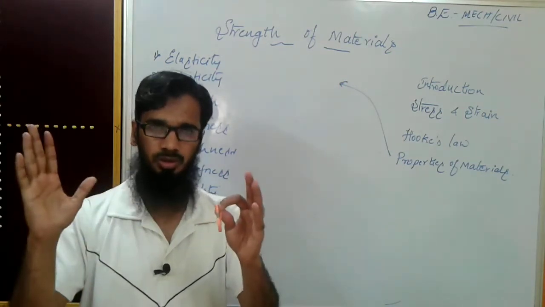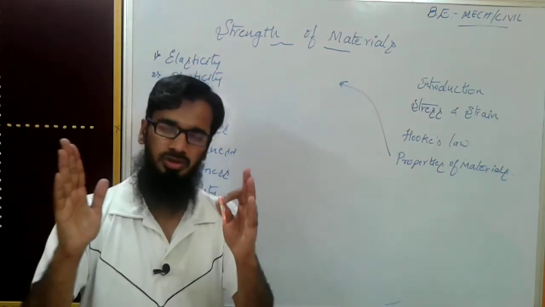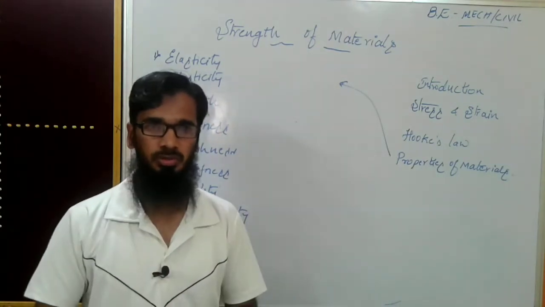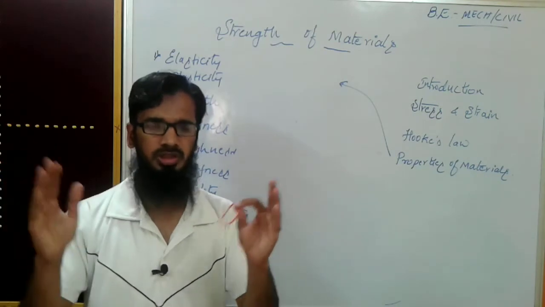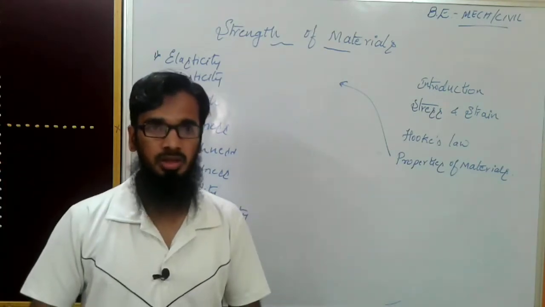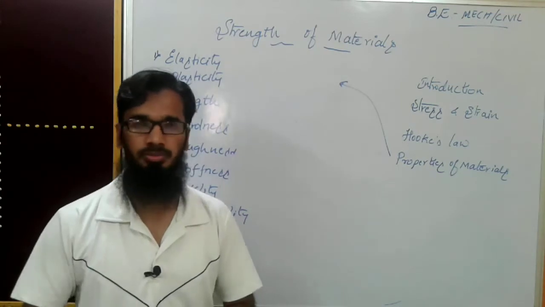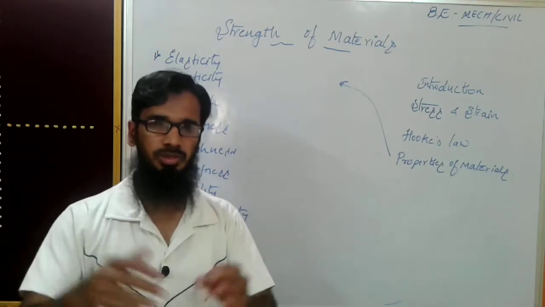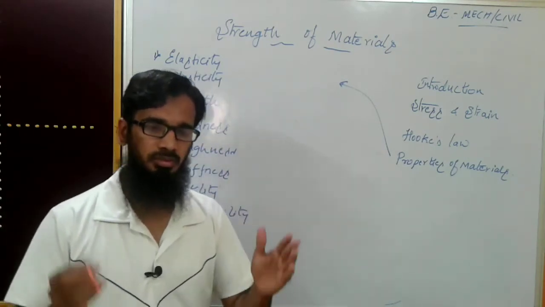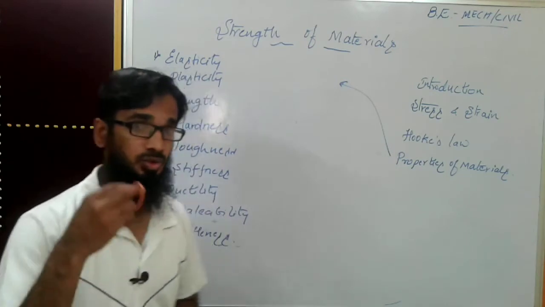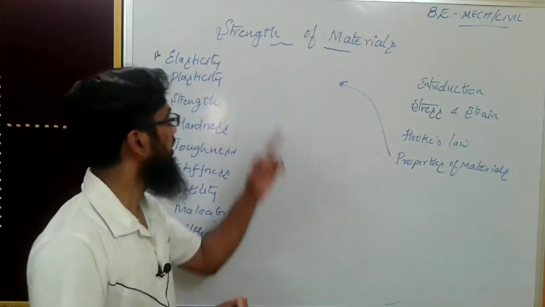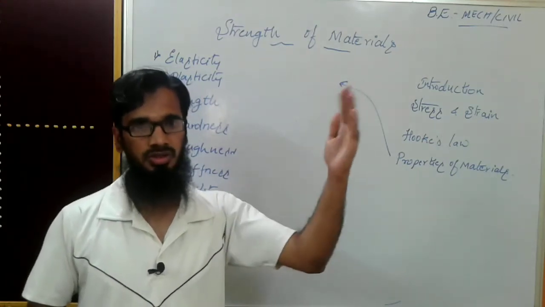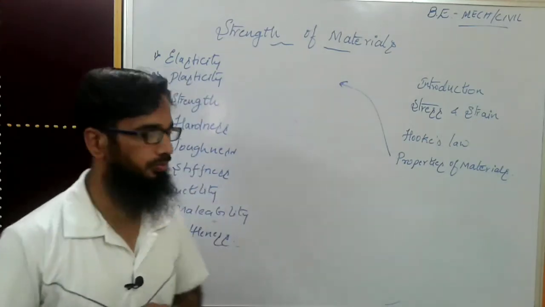But when you remove the load, it comes back to the same shape and size as in the first case. When you apply load, elongation takes place, or when you compress, compression takes place. But when you remove the load, either tensile or compressive, it comes back to the same shape and size. So that limit is nothing but elasticity, that is the maximum range up to which it can come back to the same shape and size when you remove the load.